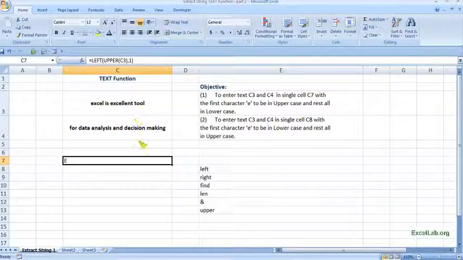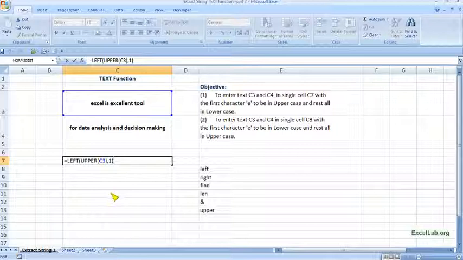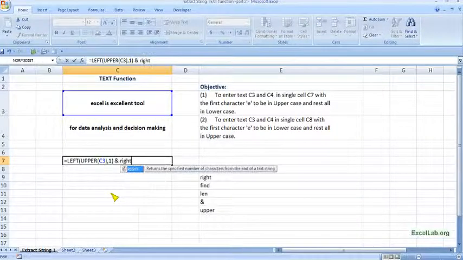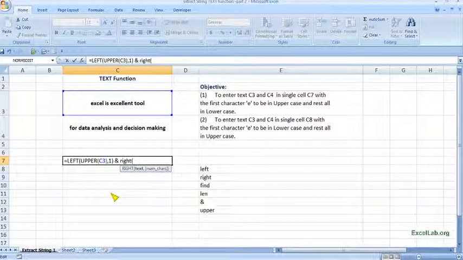I want the rest of the sentence, so I will use ampersand right. Right will start with L and I want till X. So in text I'll give this reference, starting with L, and in number of characters, comma, number of characters.